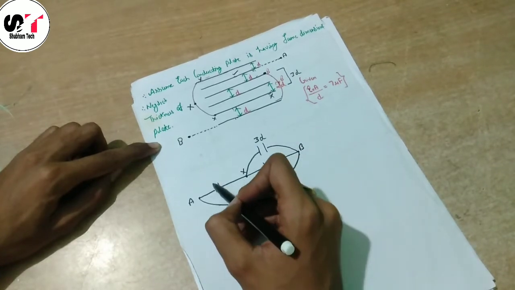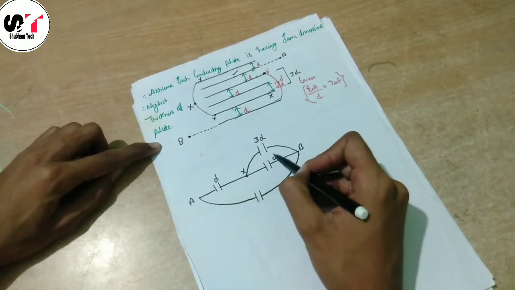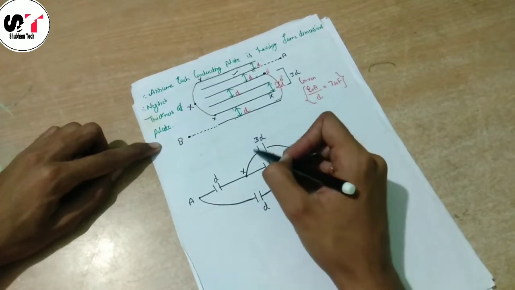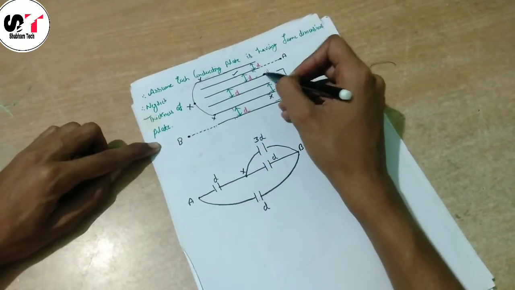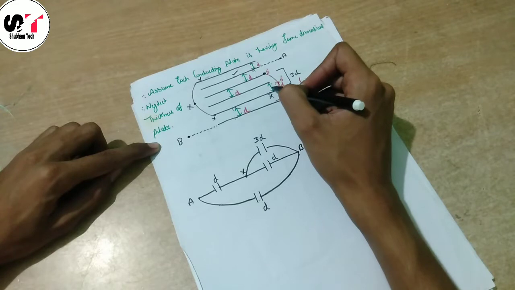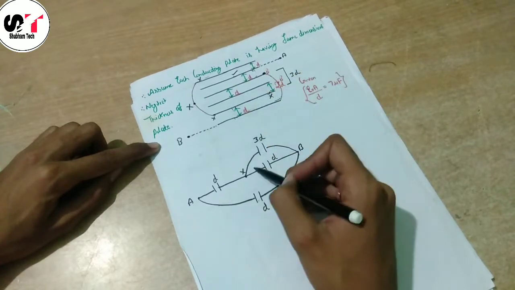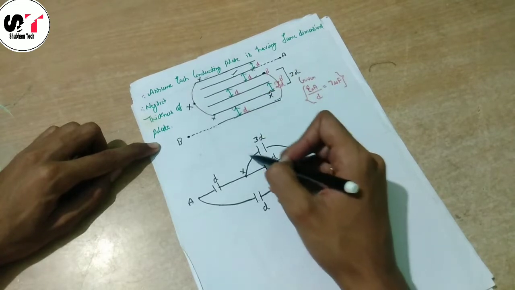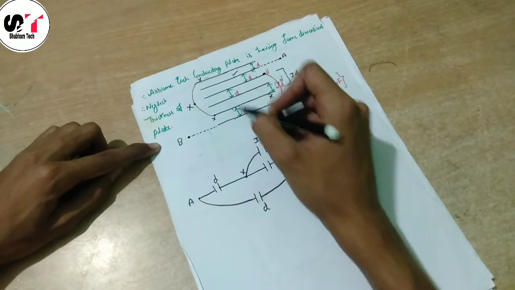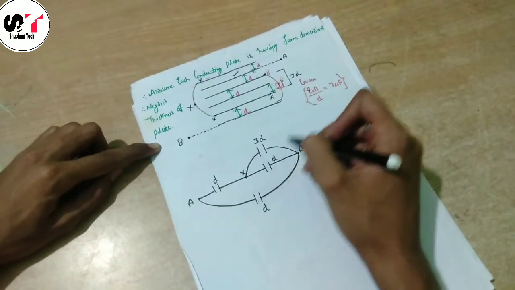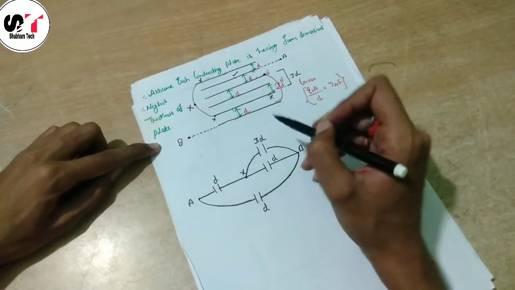This is the capacitor, all having distance D, but this is the only capacitor in the circuit having distance 3D, because V point is here, X point is here, and total distance is 2D and D, 3D. We can write separately two capacitors, but the result is the same. So that's why I am taking 3D. You can write D and 2D, so totally 3D. You can write this way or in this way.